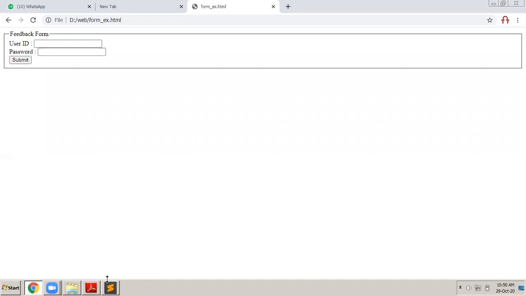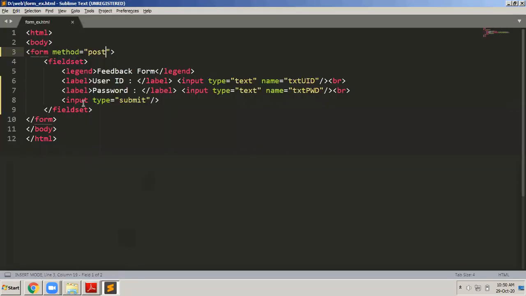And since it is the post method, data gets attached to the header files and it will not be visible in the address bar here. Okay. So with this, I hope you understood the difference between the get and post method. In both the cases, data goes from the client to the server only, but post is more secure because data is not visible. Because if you're sending crucial information like your password, your credit card number, bank details and all that, then it is not good to send it using the get method.